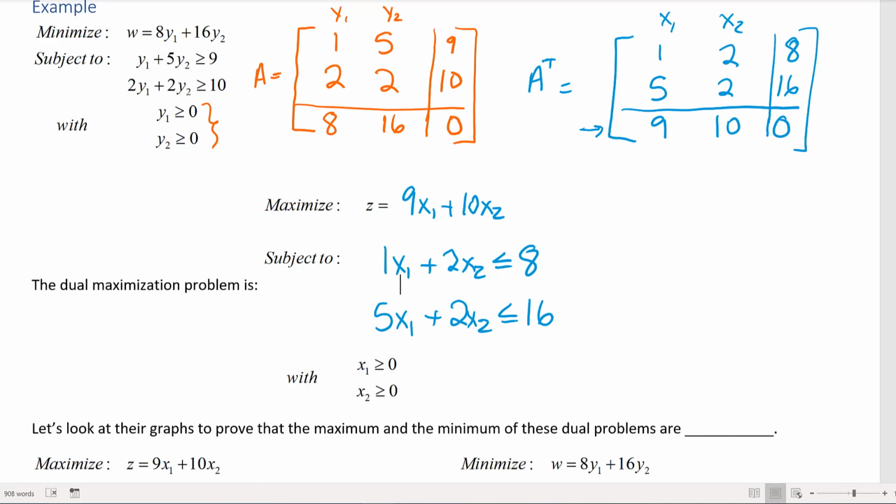So, and then I also have x1 and x2 have to be greater than or equal to 0. That's just a condition that has to be there. Now, normally I would take this, add the slack variables, and do the simplex method, and I will do that